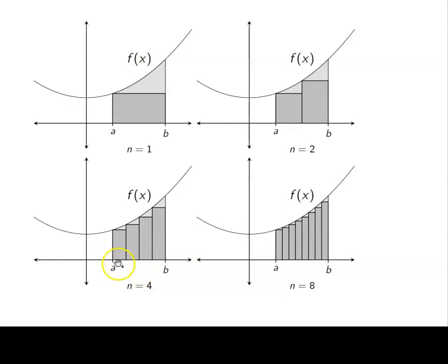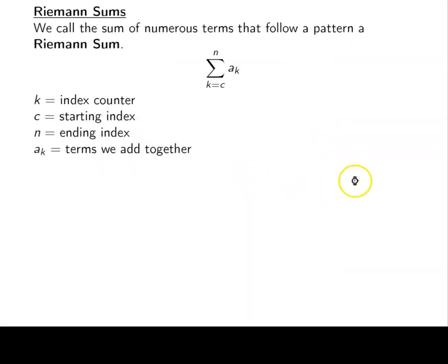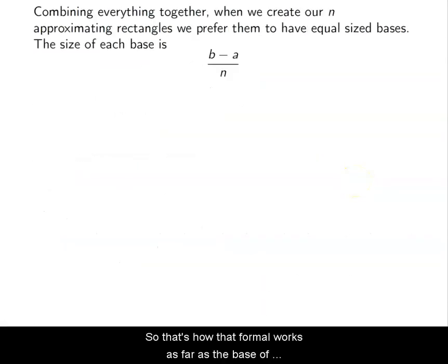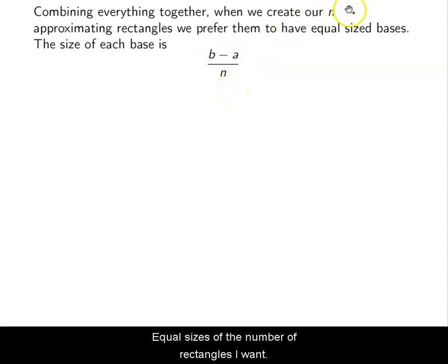That's the size of the base of any one of these rectangles. They all have the same size. I took their length, divided into 4 equal pieces, or 8 equal pieces, or 2 equal pieces, or even 1 equal piece, right? So that's how that formula works as far as the base of my rectangle. B minus A, the complete distance I'm interested in, divided into equal sizes of the number of rectangles that I